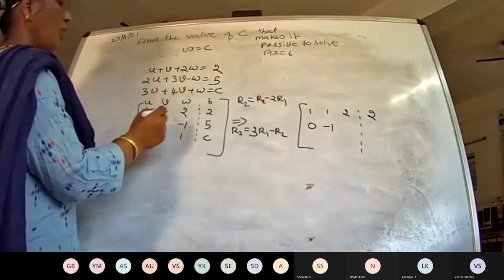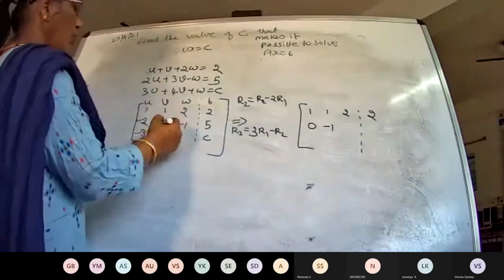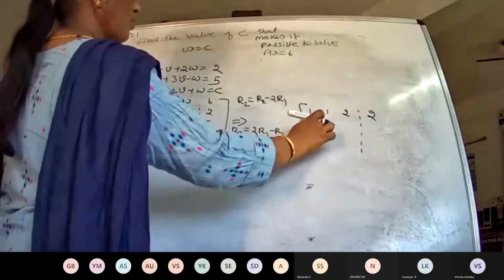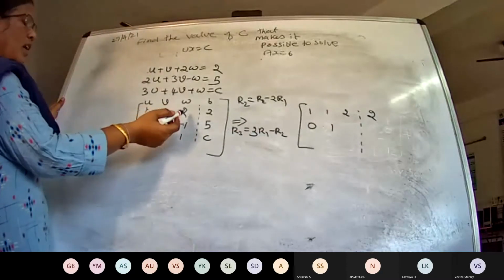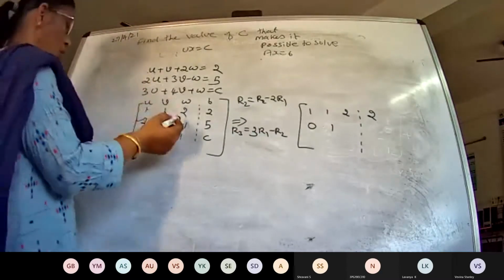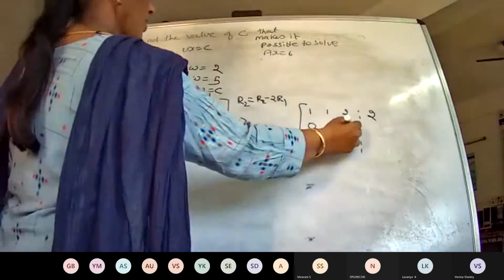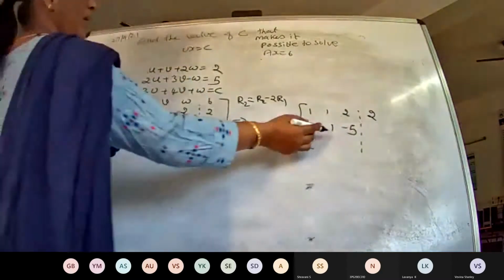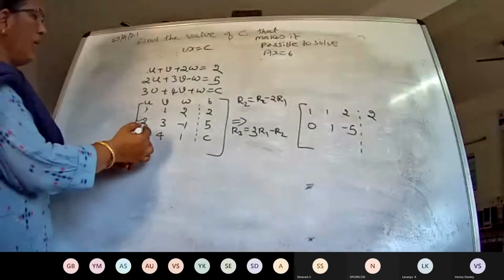So 2 minus 2, I'll be getting 0. 3 minus 3, 2 minus 2, 0. 3 minus 2 plus 1 and minus 1, and here again you will be getting minus 1, and here 4 minus 4, minus 5. Okay, at least the pivot element is positive, and here 3,